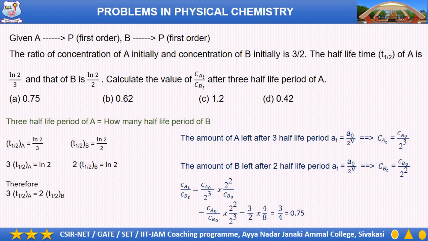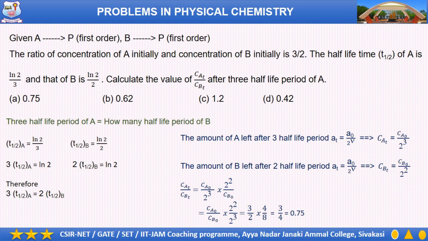The concentration of A at time T is the initial concentration of A, in the ratio 3, divided by 2 power